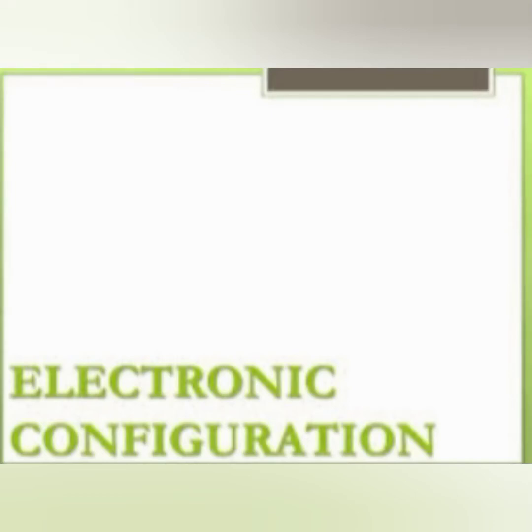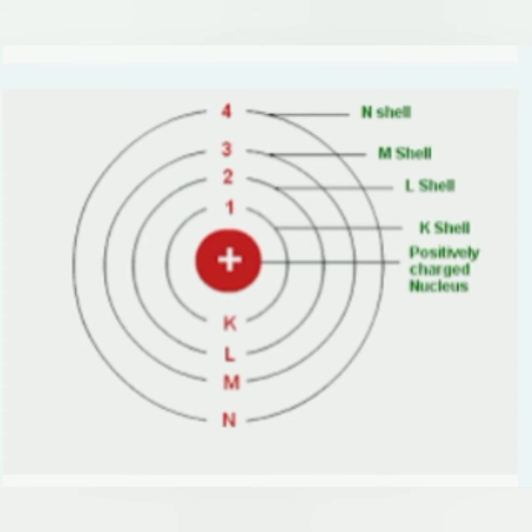Good morning, children. In continuation of the chapter Atomic Structure, today we will discuss electronic configuration, valence shell, valence electrons, and valency. First one, electronic configuration. The arrangement of electrons around the nucleus of an atom is known as the electronic configuration. It means the arrangement of electrons in different cells of the atoms of an element is called the electronic configuration of elements. Okay.